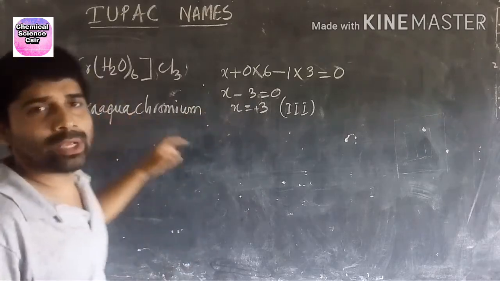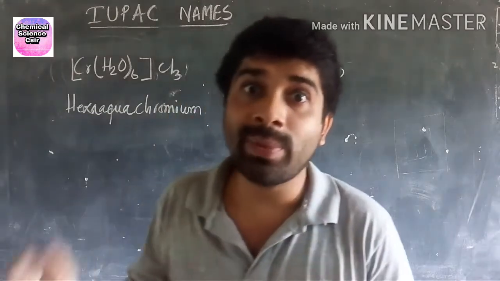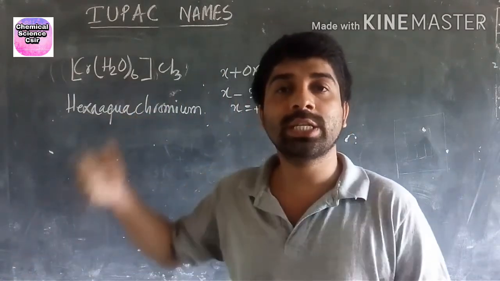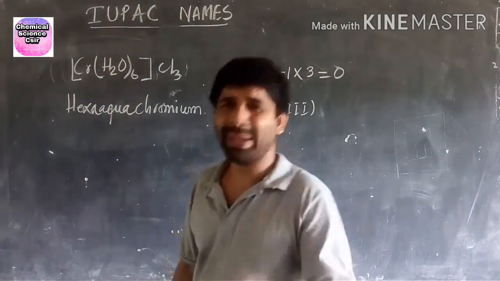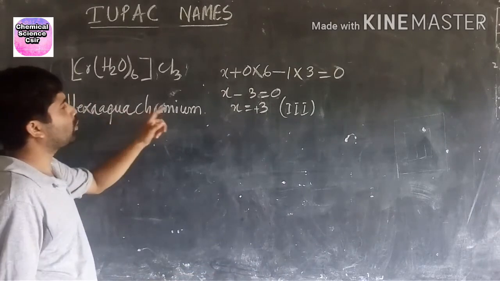Why chromium? Because this complex is positive. If the complex is a cation, meaning positive, then there is no need to change the metal name. So hexaaquachromium,